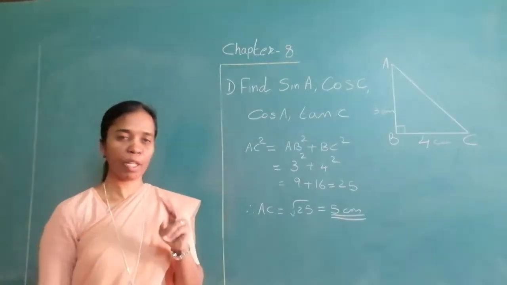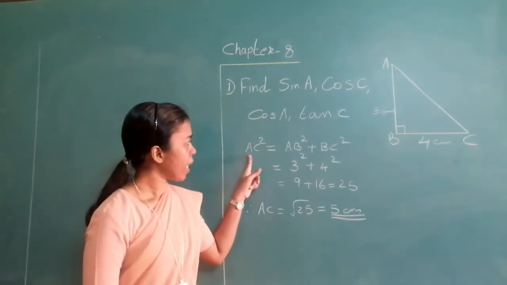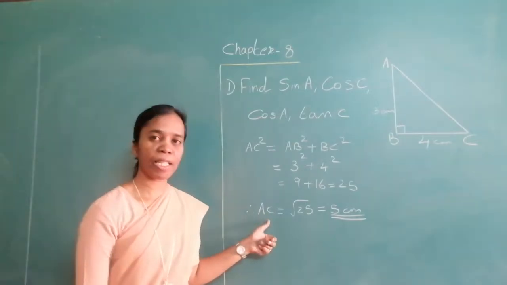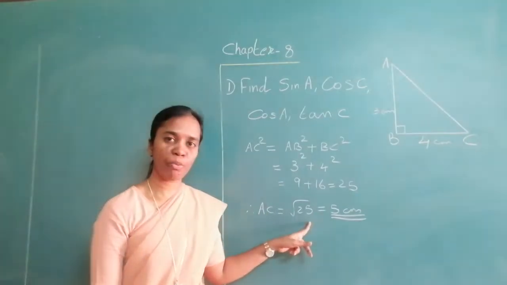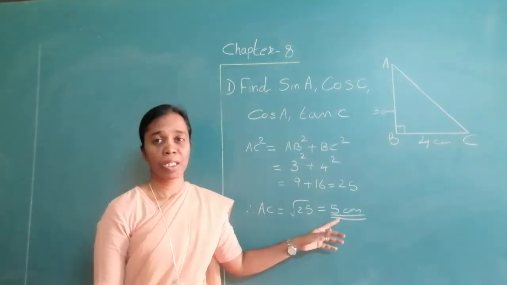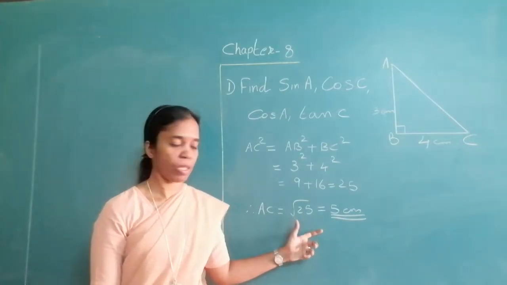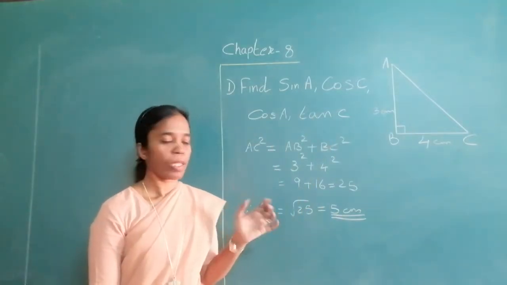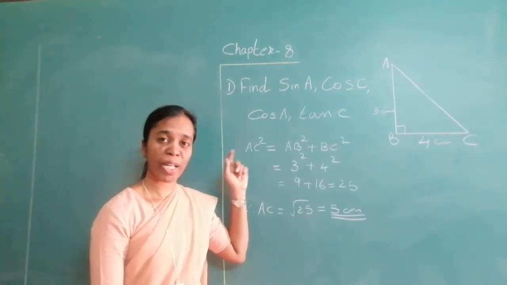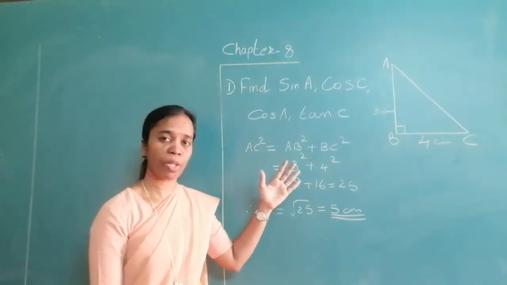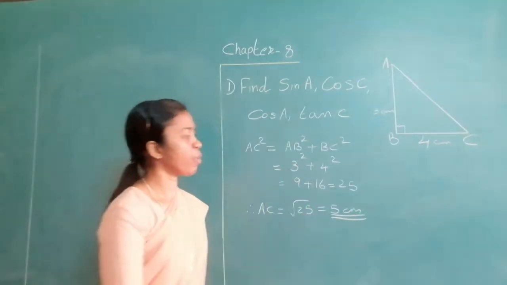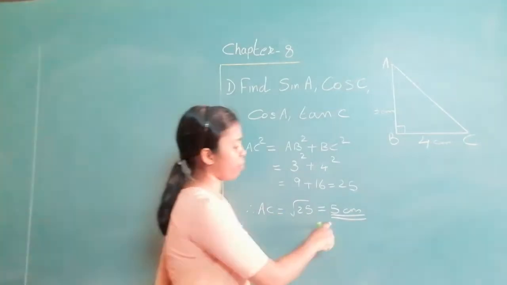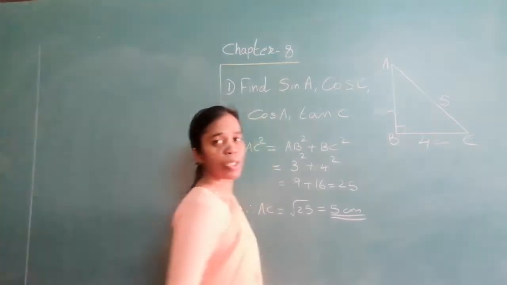Now, take care of two steps over here. AC square is what we have found out, 25. Therefore, AC equal to square root of 25 equal to 5. This is a common mistake I have seen everyone make over here. We get AC square as 25 and directly put that AC is equal to 25. This is AC square. We are supposed to find AC. We are in such a hurry that we forget that we have found the square over here, and directly we put that AC is equal to 25. AC is not equal to 25. AC is equal to only 5.